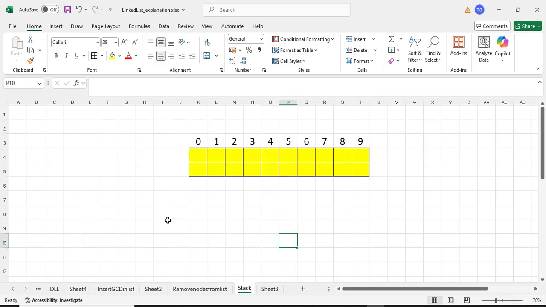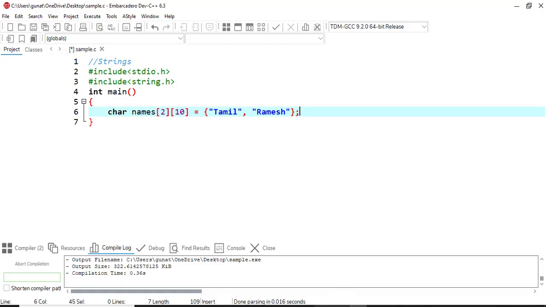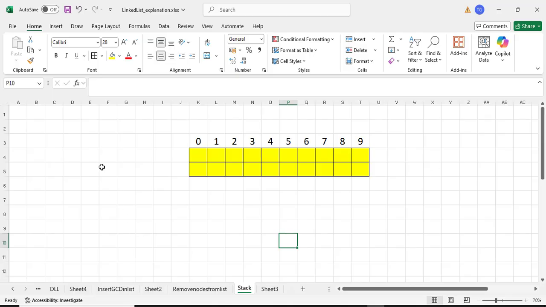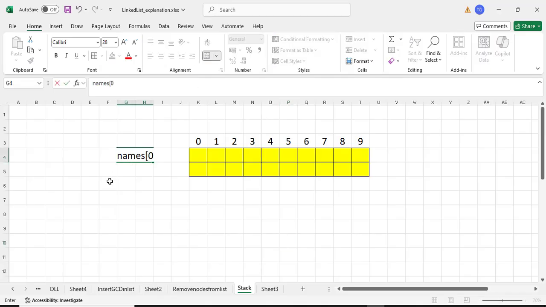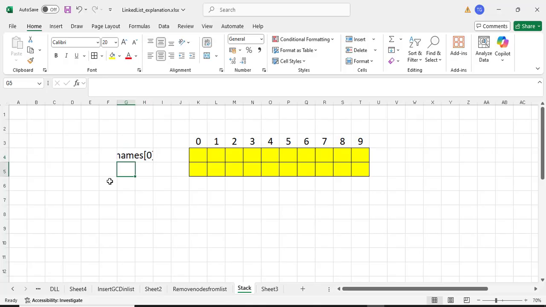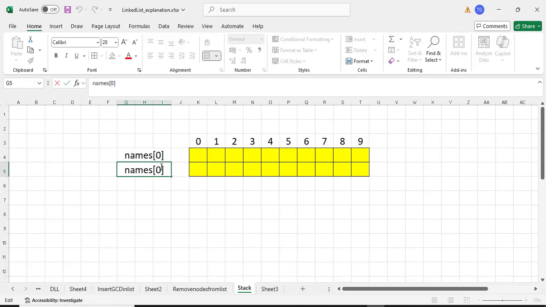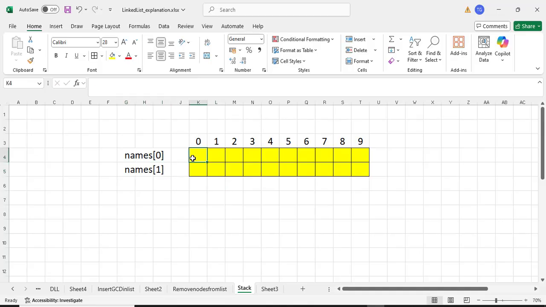Done. So here the array name is names. Names of 0, this one is names of 1. So here I'll store Tamil, and here it gets stored as Ramesh. This is how the values get stored,